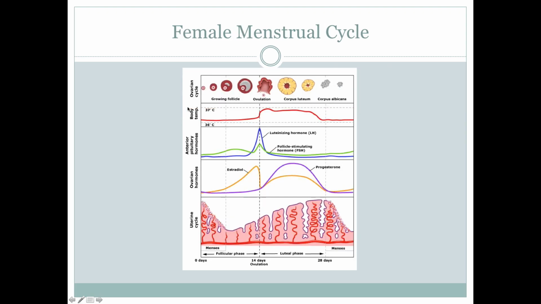So what I'll start with is just talking you through each of these little panels so that you know what's going on in each one. So I'll start at the top because that's the first thing we're talking about with regards to the menstrual cycle. And as I said, there's a couple of different cycles. So first off, we've got the ovarian cycle, which just means this is what's going on in the ovaries during the menstrual cycle. The menstrual cycle begins at day 0, and that is when menses occurs.